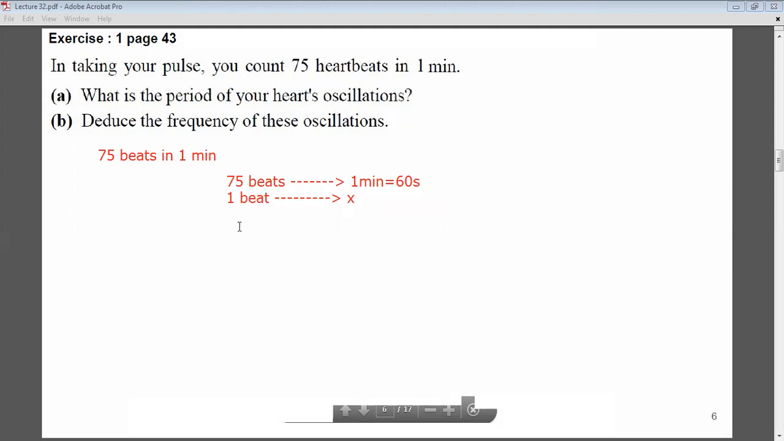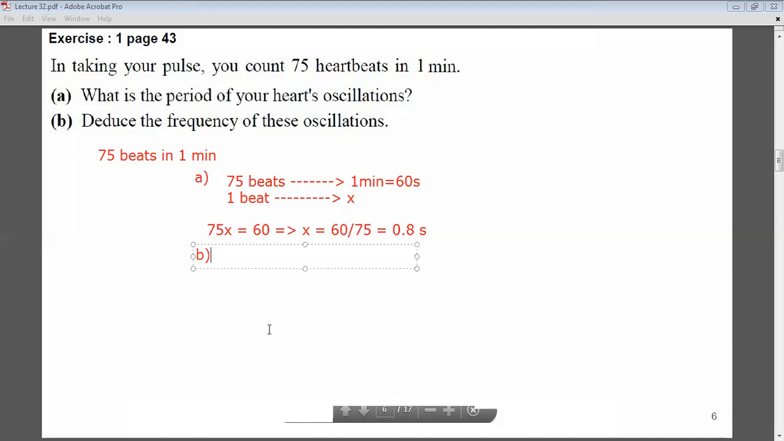And here we use cross multiplication. 75x equals 60 implies x equals 60 over 75, which is 0.8 seconds. Okay, this is part A. Part B,